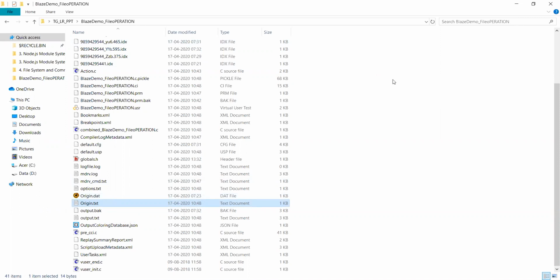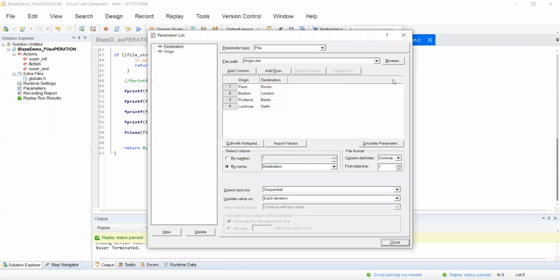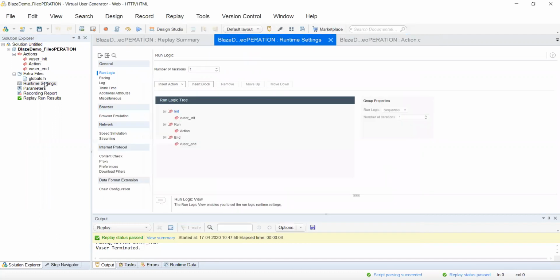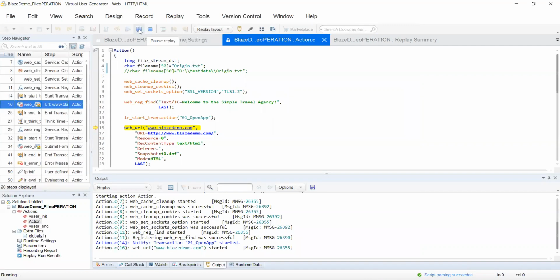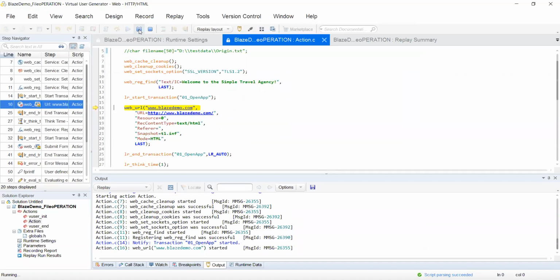Okay, so how can we do this? Here you can see there are 4 airport codes. If we execute for 4 iterations, only 3 values of origin and destination should be captured. The last one, Lucknow to Delhi, should not be captured. So we are going to execute 4 times. Just go to runtime settings, mention 4 there, and then execute it. Here also in the script validation, you can check that it will fail the last time. And we will see how many of the 4 values it writes.